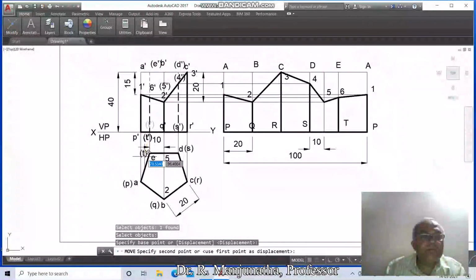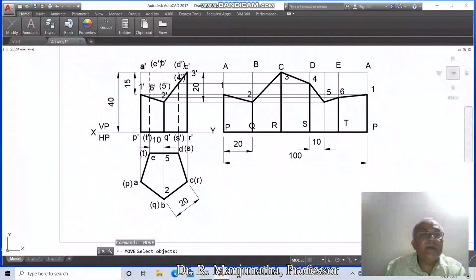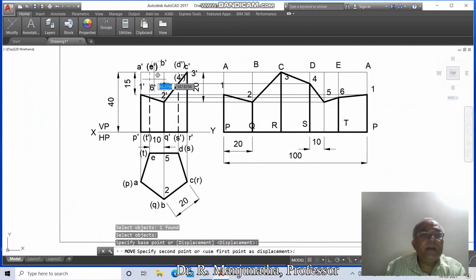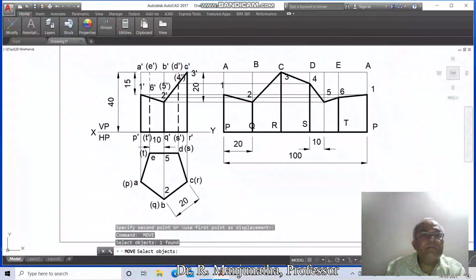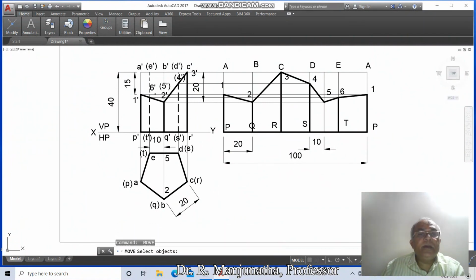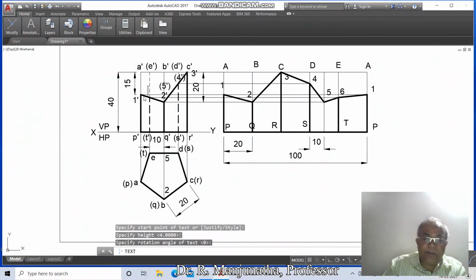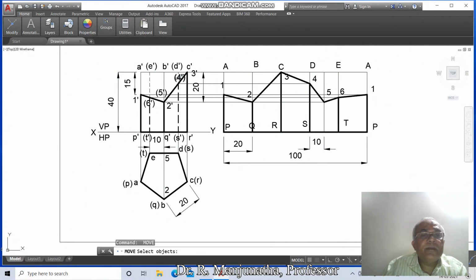then T dash, then Q dash, then S dash, then R dash, then A dash, then E dash, then B dash, then D dash, then C dash, then take 1 dash. Here dtext, type 6 dash in bracket, then move 6 dash, then 2 dash, then 5 dash, then 4 dash in bracket,